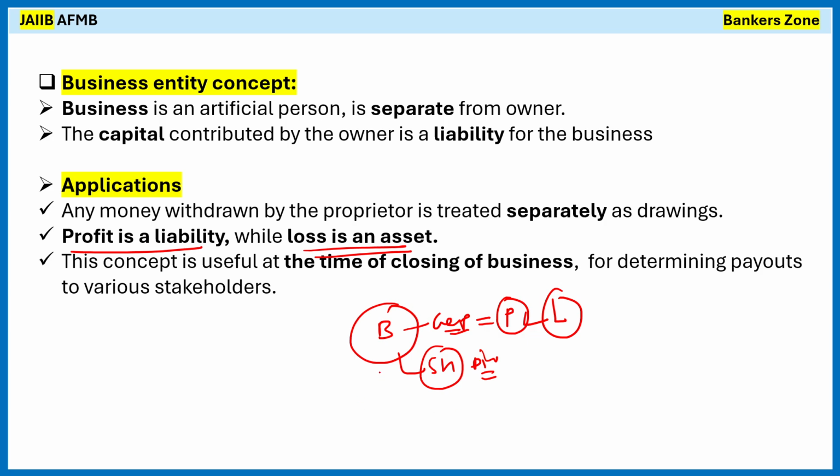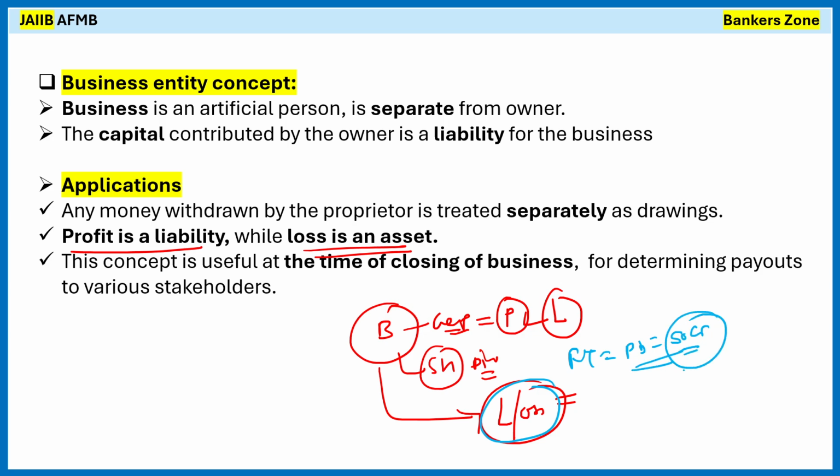However, if the bank gets a loss or any business incurs losses, what will happen? For example, in the current financial year, say Punjab and Sind Bank got a 50 crore loss. From where will that loss be recovered? That loss will be recovered from the capital that the bank or the business has. For example, they have 1000 crores of capital. If they incur a loss of 50 crore, they will have only 950 crore as capital.